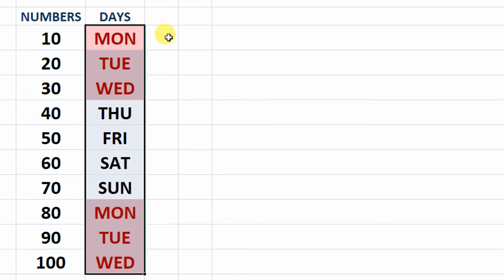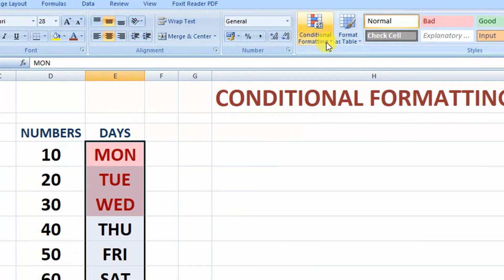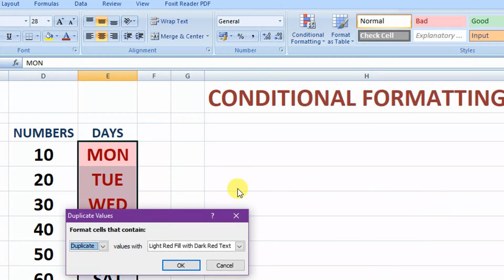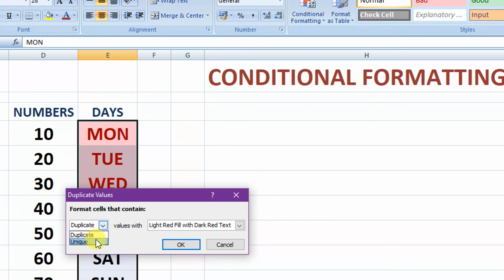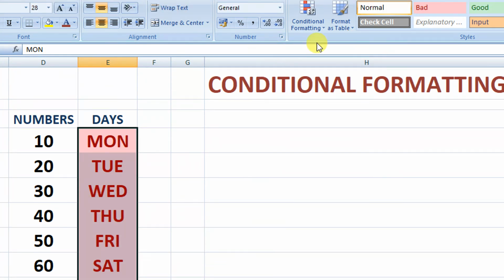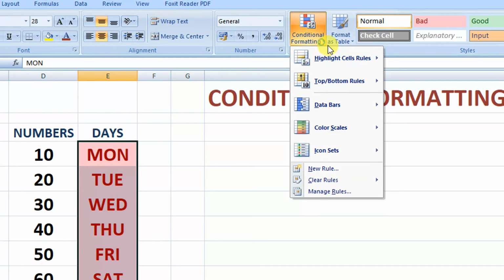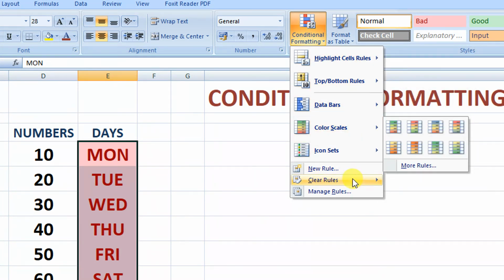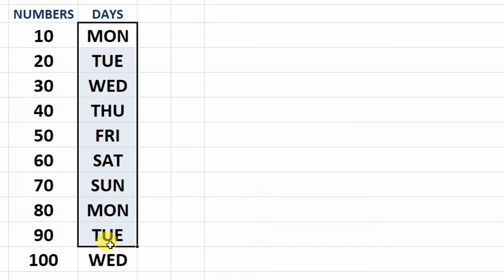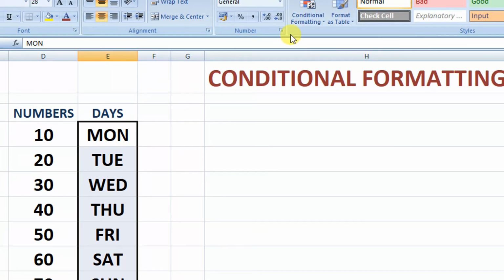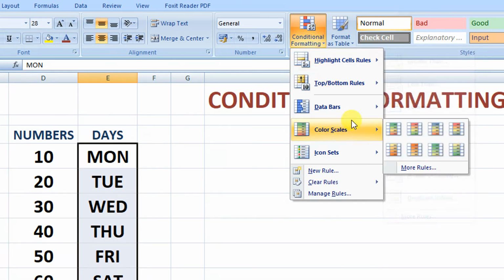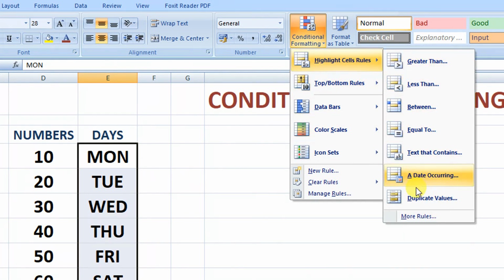Under the duplicate values option, you can see one more thing, unique values. First of all I will clear all the rules from the entire sheet. Now I select the range of cells, and if I want to highlight the unique values, I go to duplicate values.